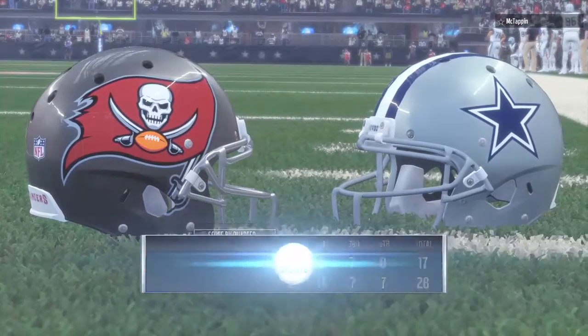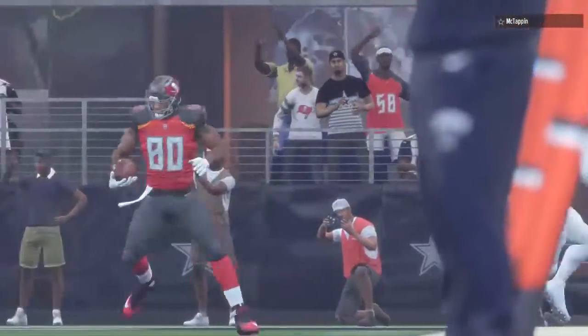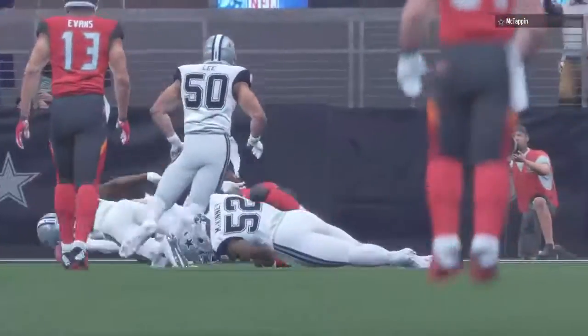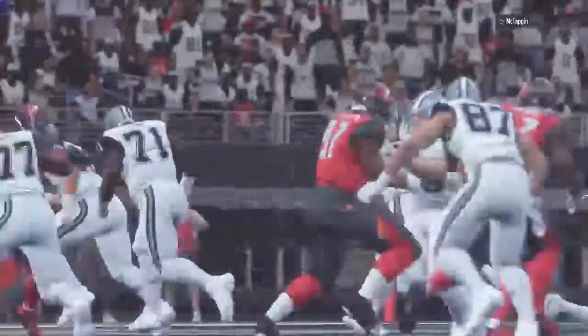So for the Cowboys, the win means they'll finish in double digits at 10-6. And that is maybe not exactly what they were hoping for, but a better than average season nonetheless. Meanwhile, for the Buccaneers,